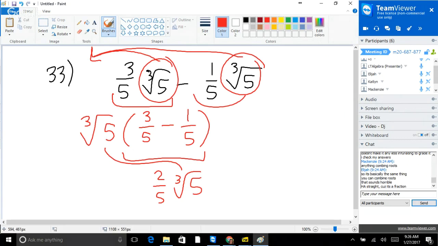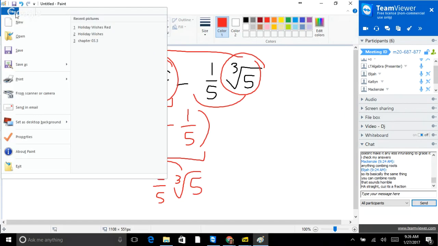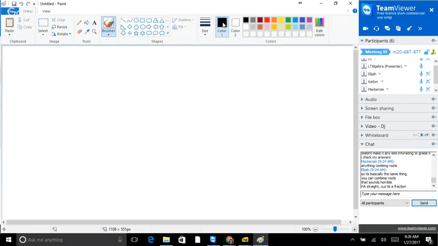Now, when you get to number 39, it looks slightly more complicated, right? So let's go to number 39. Is this one okay, though? It's kind of if they're the same, that's really easy, right? You just pull out what they have in common. Okay, so now let's go to 39 when they're not the same. Because you see 33 and you're like, oh, no big deal. Okay, 39 is